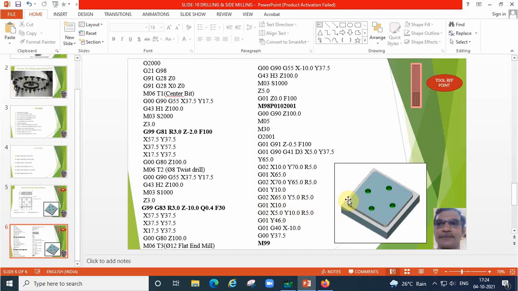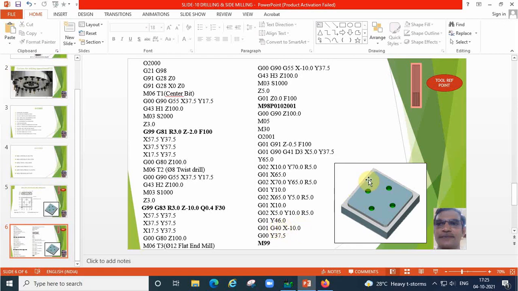Finally, what we have to do is, say Y37.5, outside only we engage the cutter. Now we are going to finish the cycle. Don't stop the cutter exactly at Y37.5. Why? Because when the tool is coming out at the same point, a small scratch will be formed due to the center point of the cutter. So we have to extend the tool limit up to Y46 so that the total diameter will come out from the starting point and then come out from the workpiece, that is X minus 10.